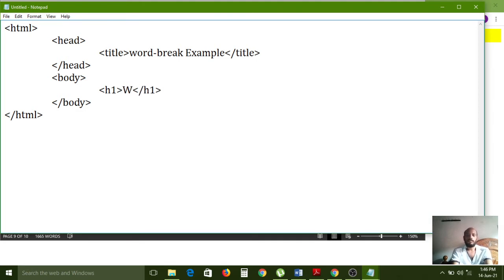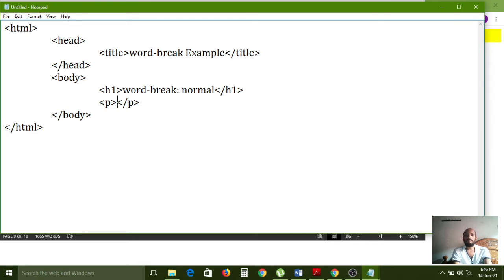Word break, word-break colon normal. For the normal example purpose, I am giving this heading, and here a paragraph: G Pullareddy degree and PG college.